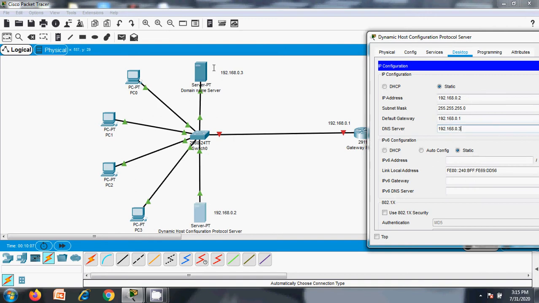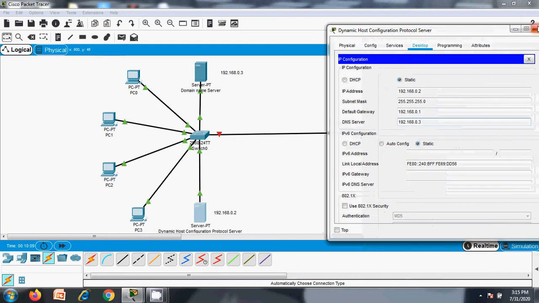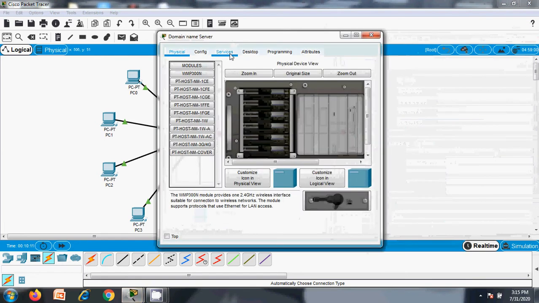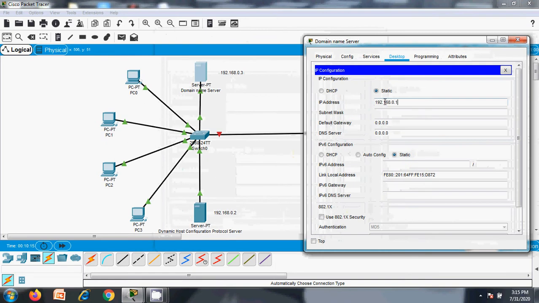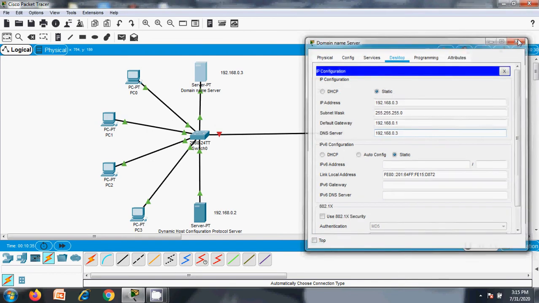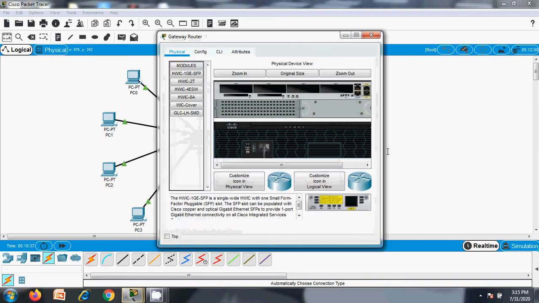Then the DNS server has to be statically assigned too. Its IP address is 3, subnet mask is automatically taken, 1 is the default gateway, and the DNS server is going to be the same IP, because even if you try to visit a website, the DNS server is the same. Okay.